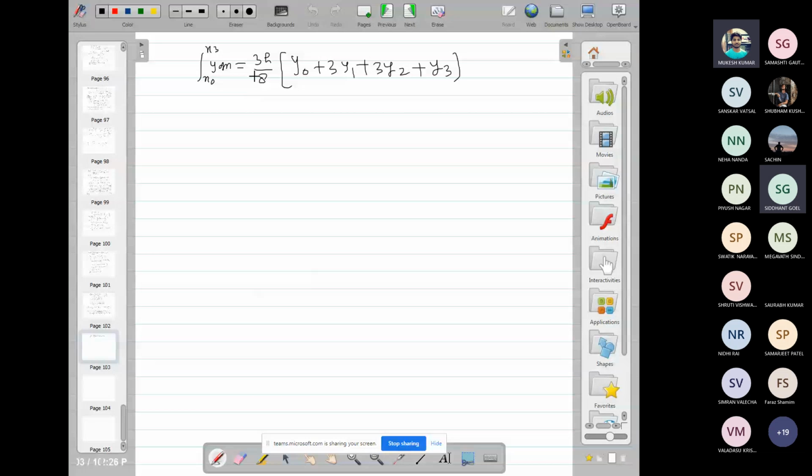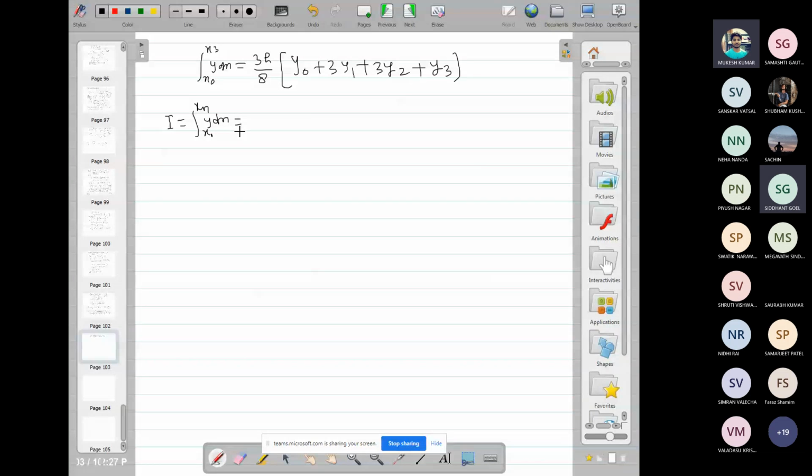So we can generalize this formula again. Here I is equal to the integral from x0 to xn of y dx. To apply this formula, n must be a multiple of 3. In case of 1/3, n must be a multiple of 2 and we need to divide the interval into n subintervals such that n is a multiple of 2, then 1/3; if n is a multiple of 3, then 3/8.